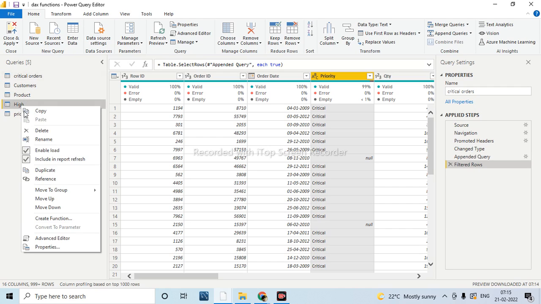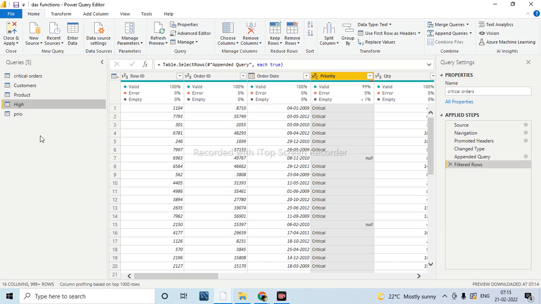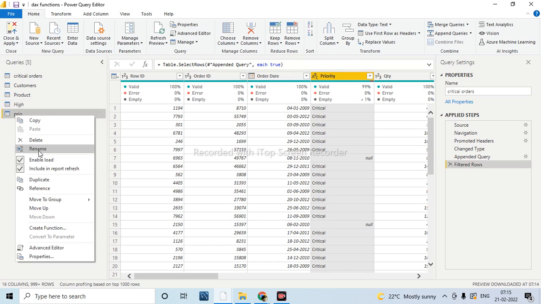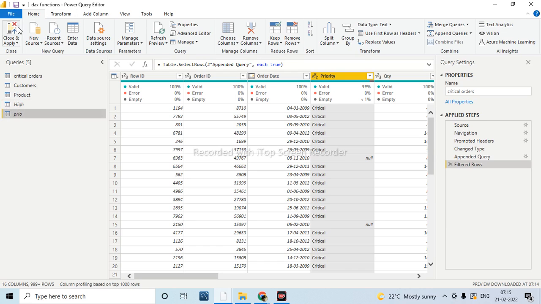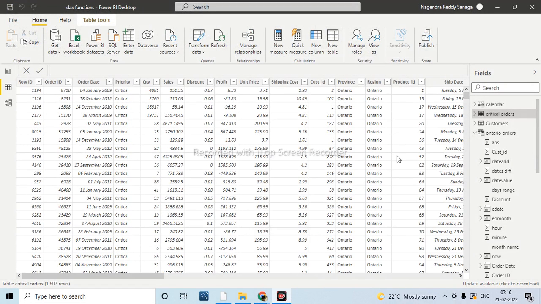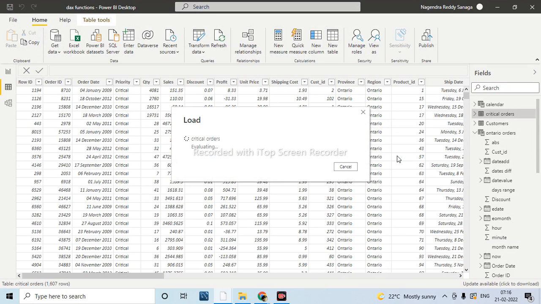Directly we are disabling this one. Now you can do close and apply. Then you will get the proper information. Now the overall critical orders is 1607.